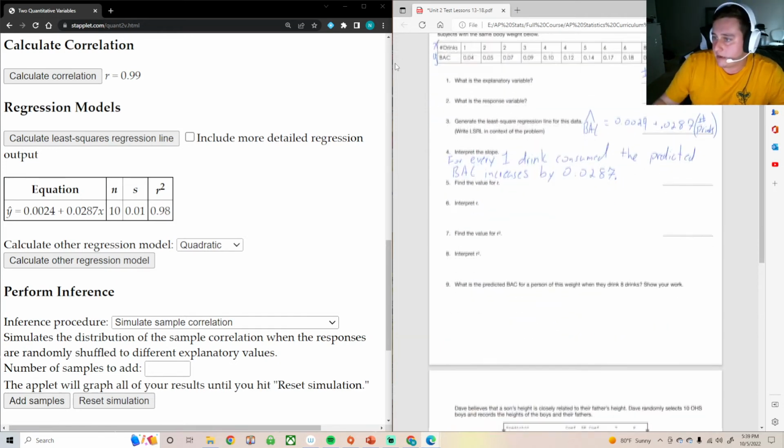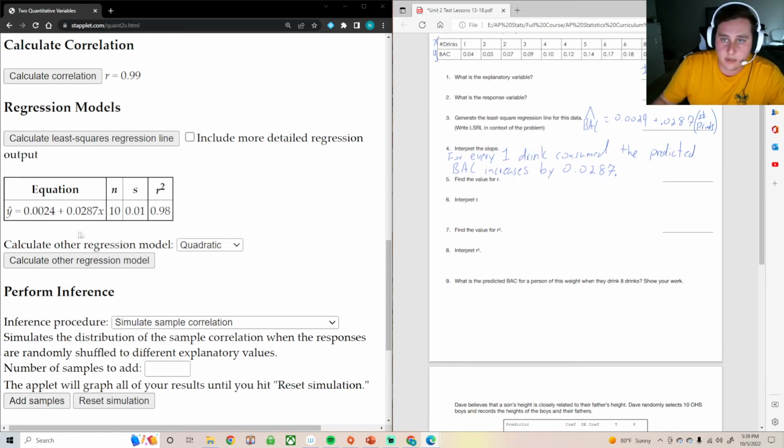All right, next is find the value for R. Well, it tells us. R is in fact right here. So we know R is 0.99. It told us. Interpret R. So interpreting R is talking about the relationship between X and Y. We have a sentence frame for that too. This is the relationship